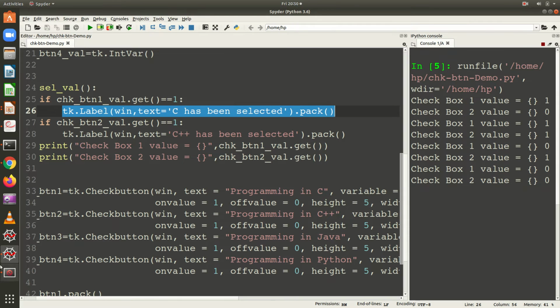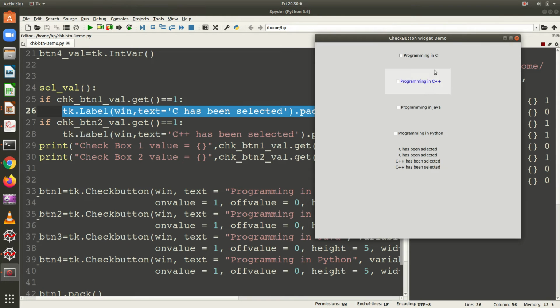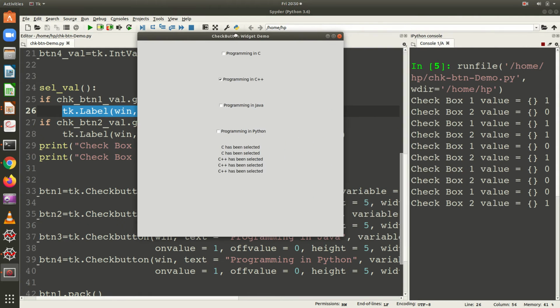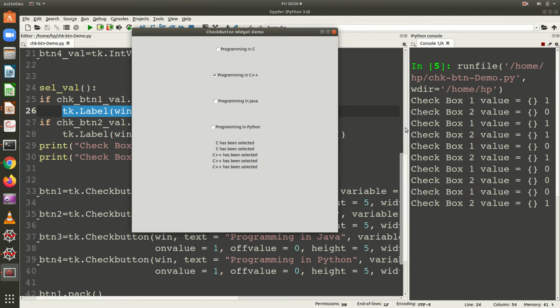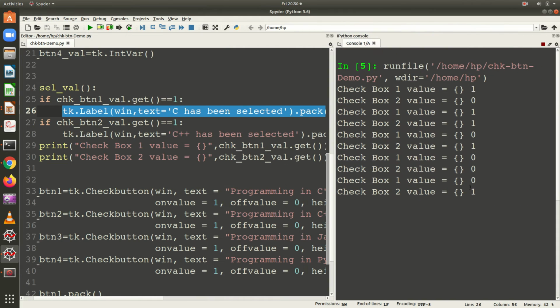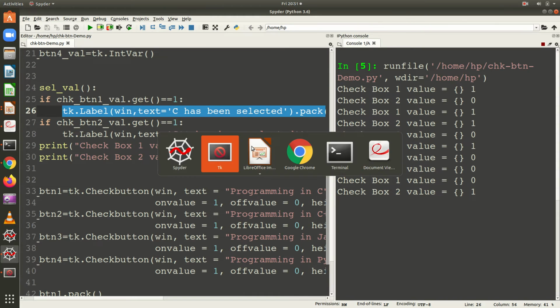So that is why when it is unchecked, it is not displaying the label. But when I check it, it is displaying the value. Whereas the print statement displays the value in both the cases. So that is how checkbox values can be accessed and manipulated in a separate function or in your Python program.